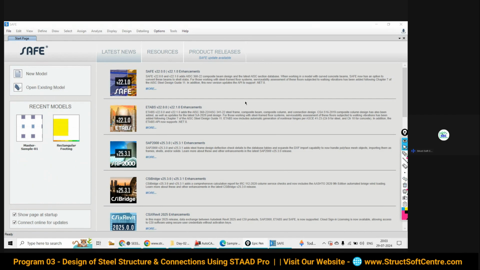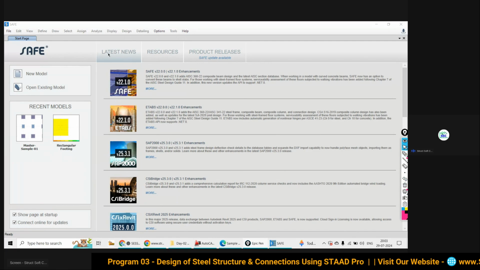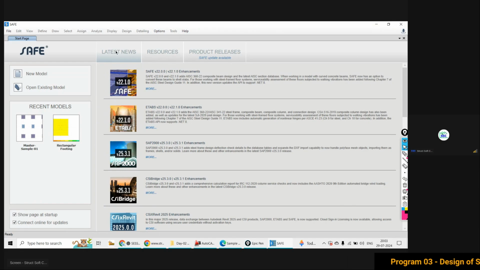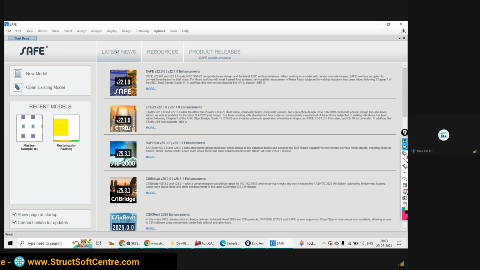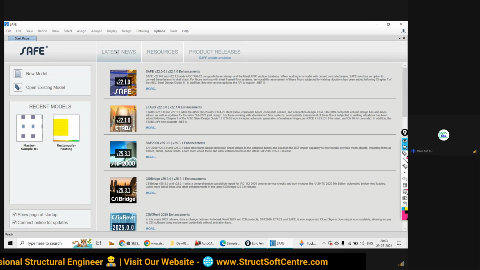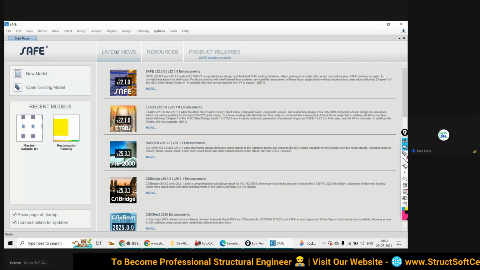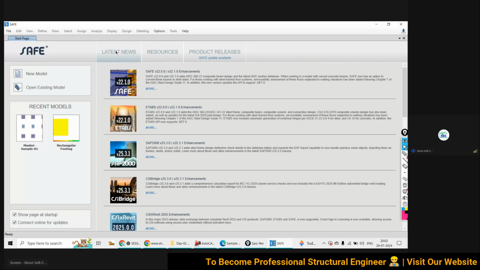Now on the right hand side, you are able to find the latest news. As I told you, this CSI SAFE software is a product of CSI, Computers and Structures Incorporated. This is not the only product of this company; there are multiple software products. So what are the new updates for these software?